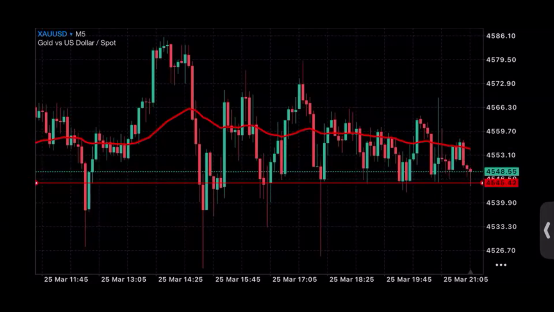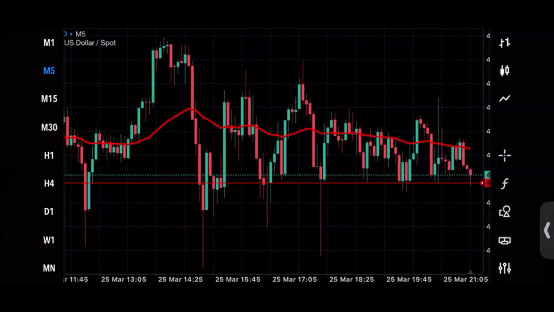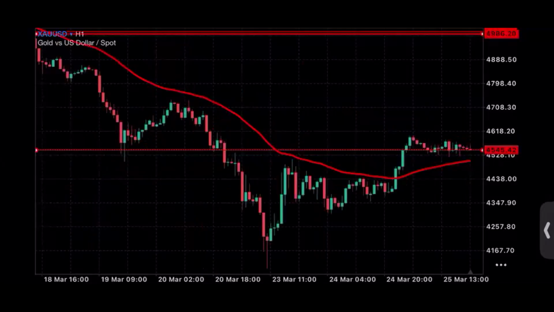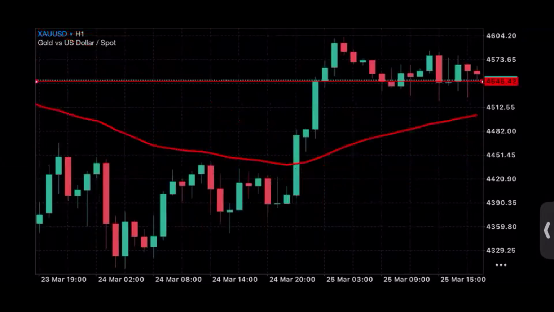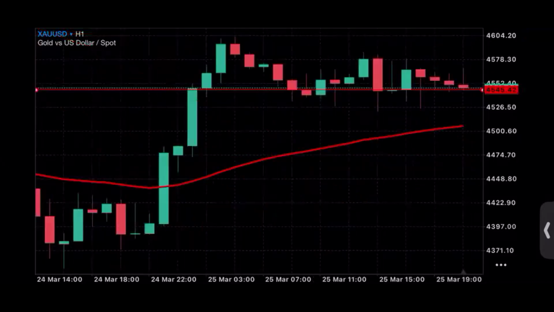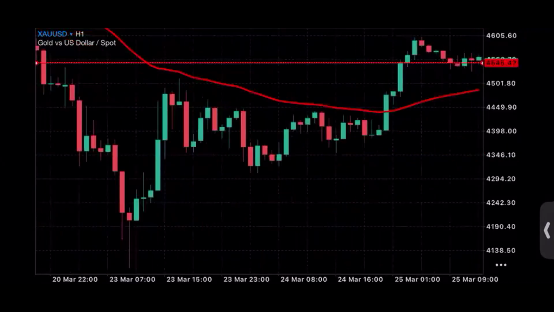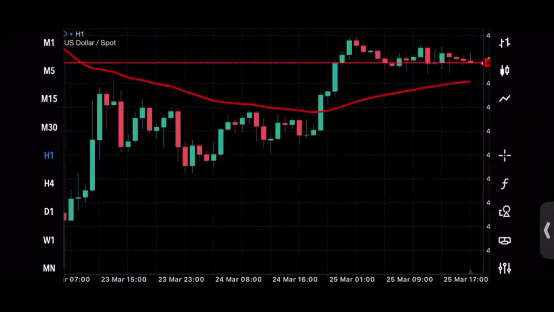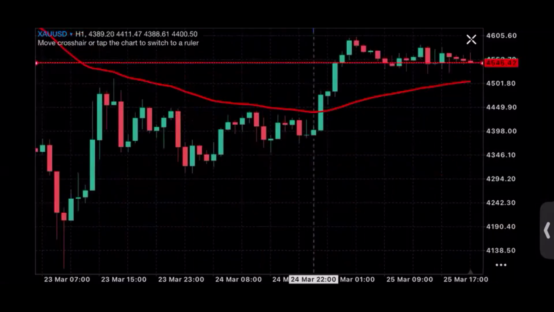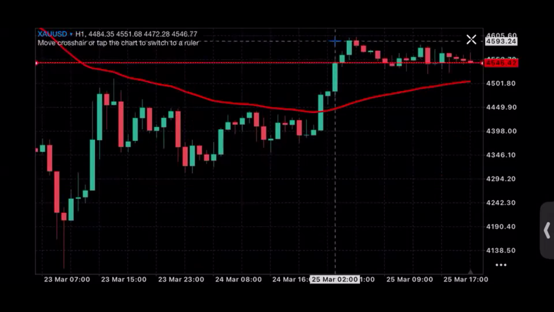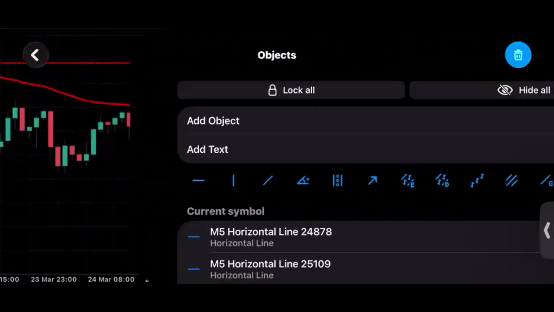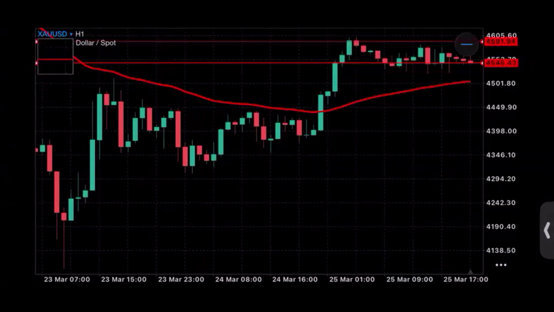But since it's a consolidation, I can't really use this example. If you check the 1 hour time frame, you can see that it's an upward trend. The strategy works on 5 minutes, because 5 minutes helps reduce the risk. But let's assume that I want to trade gold based on this strategy on the 1 hour time frame. What do I do? It's quite simple. This is an upward trend on the 1 hour time frame, which means the last high for this trend currently is this place here. So I just need to mark this out. This is the last high for gold, right?